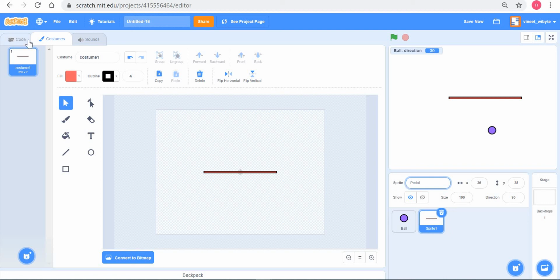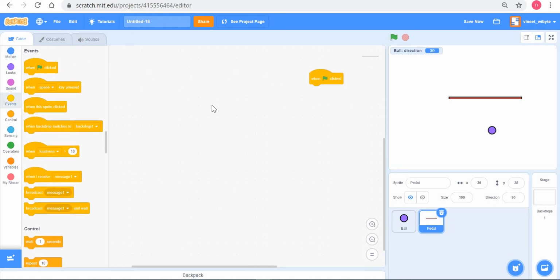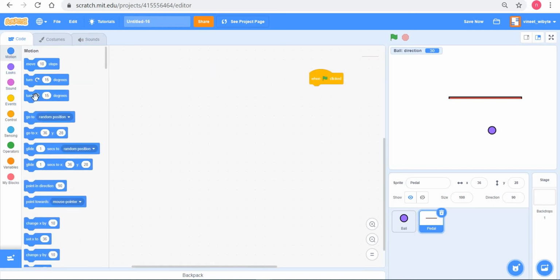Now I'm in the pedal code. I say when flag clicked, make it go to y of minus 150, so it will essentially go somewhere here.